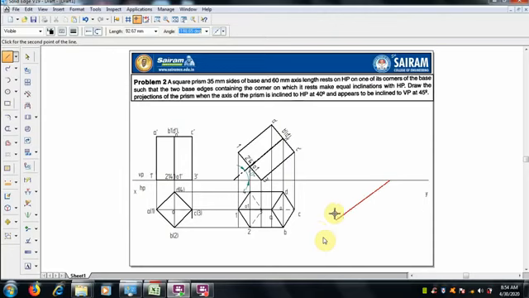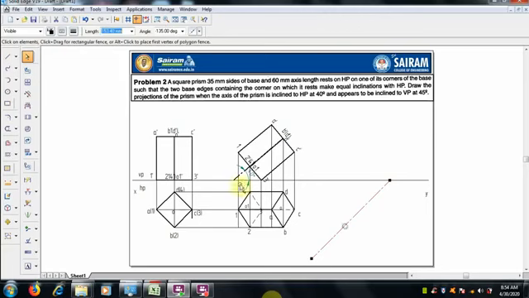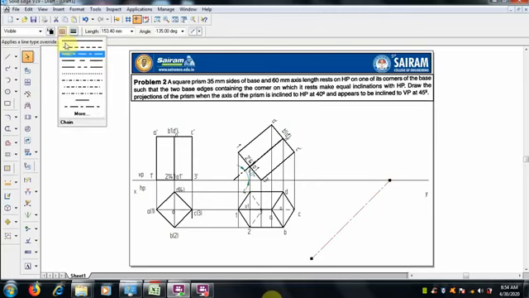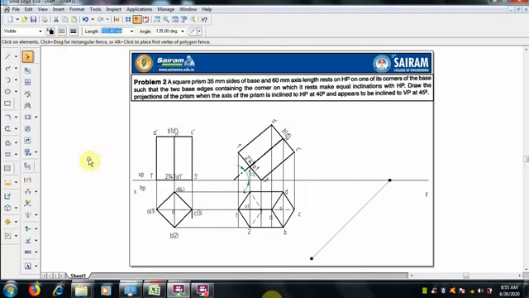So first draw a 45 degree line from the reference, either make angle 45. Length is not mandatory, so we can extend the length. Select 0.13 mm, thin line always. Now this is the inclination with reference to VP.